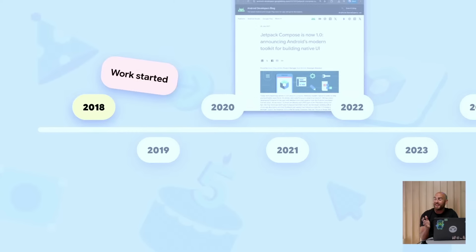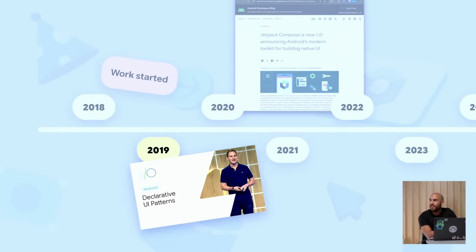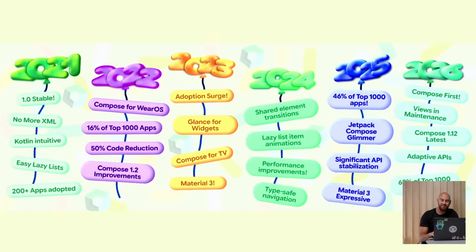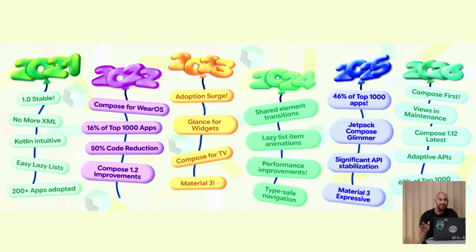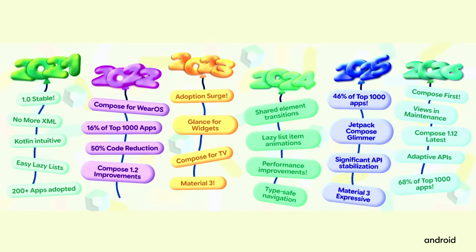It was around about 2018 when the team started looking at what the future was going to be for our UI toolkit. And we started baking a number of ideas. And it was around 2019 at Google I/O where Romain announced the brand new toolkit. You couldn't quite get your hands on it just yet. You had to build it from source, so it was a developer preview. But then we went forward to 2021 when we actually announced it going stable. So since then, we've been working really hard on giving you all of the features, the performance, the tools, everything that you need to build amazing applications.